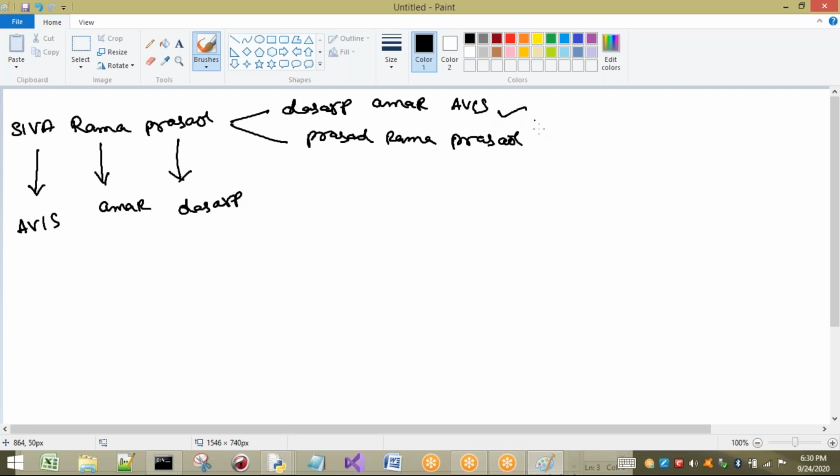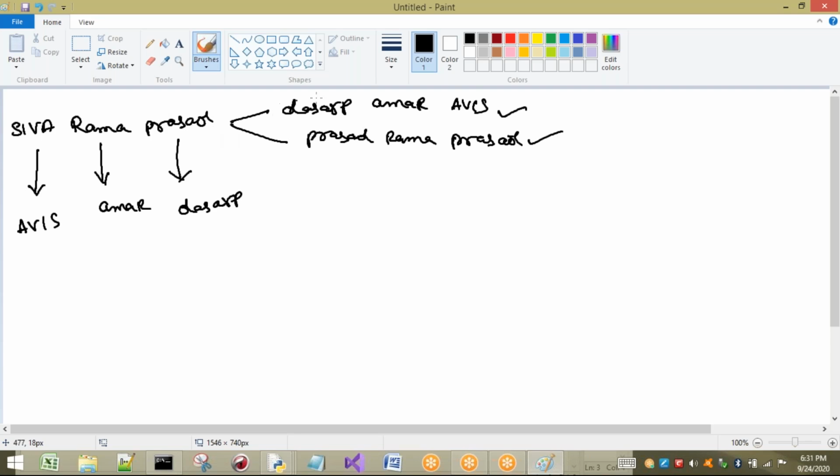In the previous session we have seen these two examples. Now one different type of example I am going to take. I am going to take a string, and the first word has to be reversed, the next word has to be reversed, and the third word has to be reversed separately. The concept is the same as in the previous session, but with only one difference.